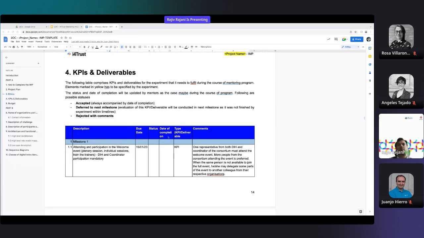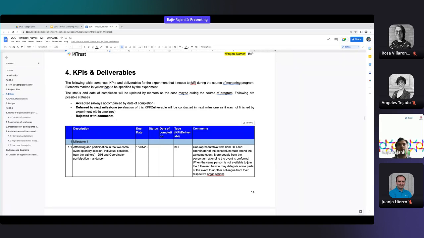The columns of status and date of completion will be updated during the course of the program, as and when necessary, by the mentors. For example, when you meet this KPI and mentors have evaluated it, they will update the status of this KPI and the date of completion when it is accepted.